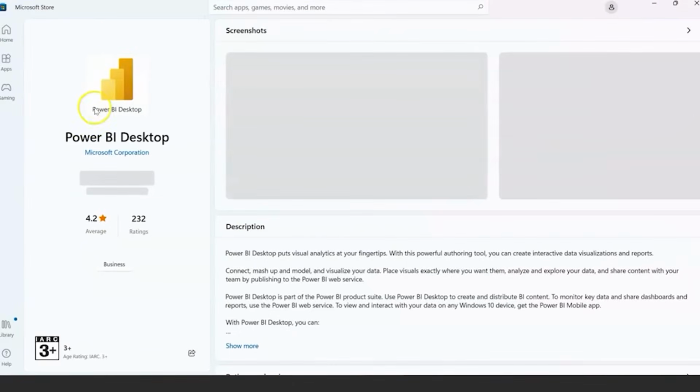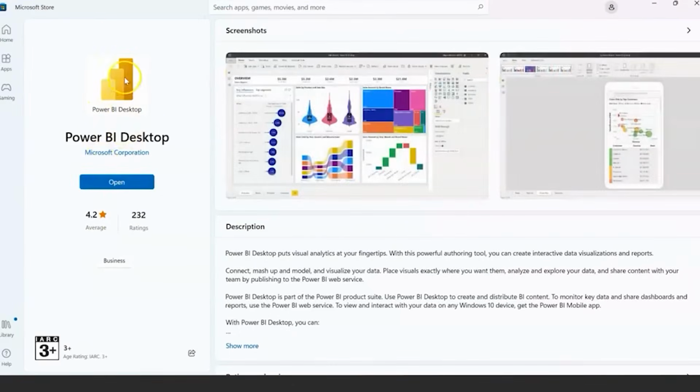So let's wait for a couple of seconds. Right here, Power BI Desktop in Microsoft Store. For me, it's already installed, so it's asking me to open it. For anyone who has not installed it, they will see the install button over here, and it will automatically install on your machine, and then you can easily go and open Power BI Desktop. Now if I click open over here,